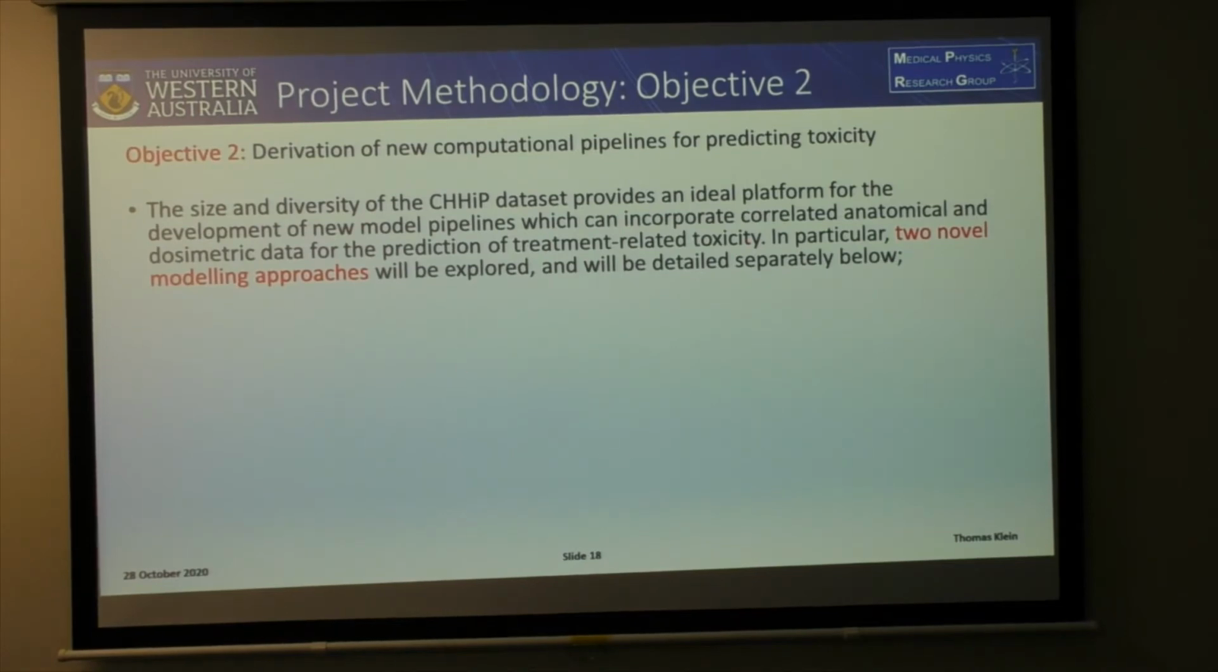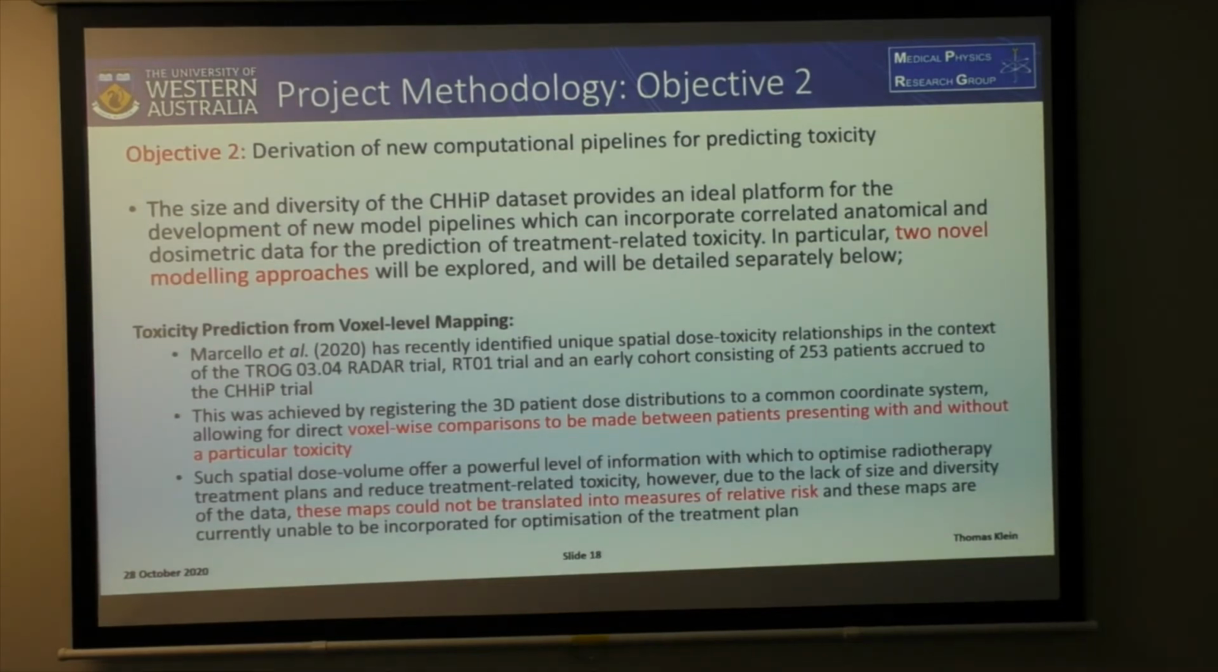So the second aim is to develop our own models for predicting toxicity. And we'll explore two novel approaches for this purpose. So the first will be toxicity prediction from voxel level mapping. As stated